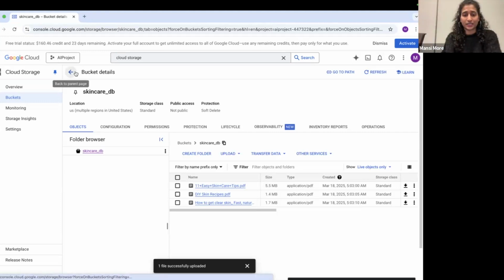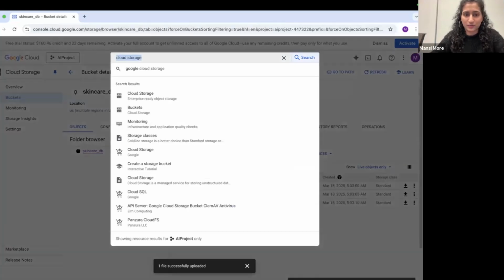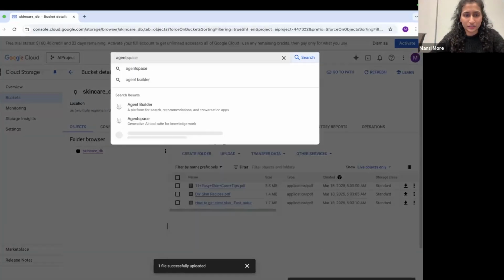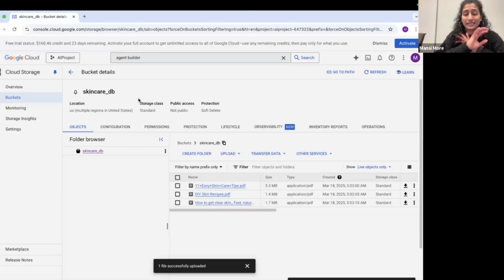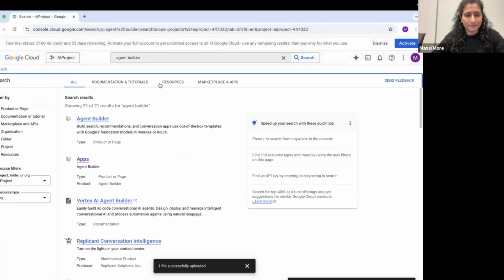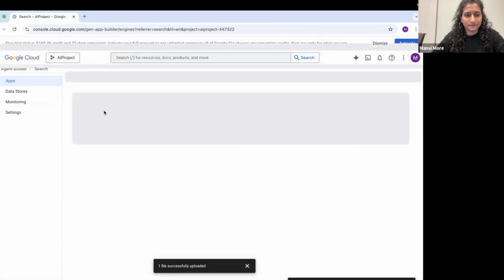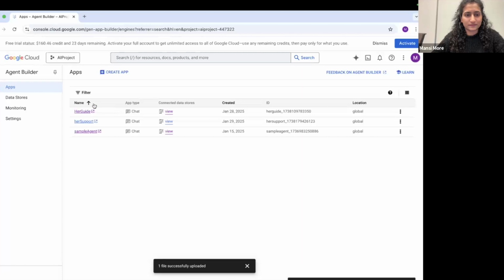So now we are ready with our data set, and we have to create an application for the chatbot where we can feed this training data to it. So let's go to the search bar and type Agent Builder. Like I mentioned, it is time to create a chatbot. I have created a few chatbots, so that's why I can see a list here. Go ahead and hit create app,